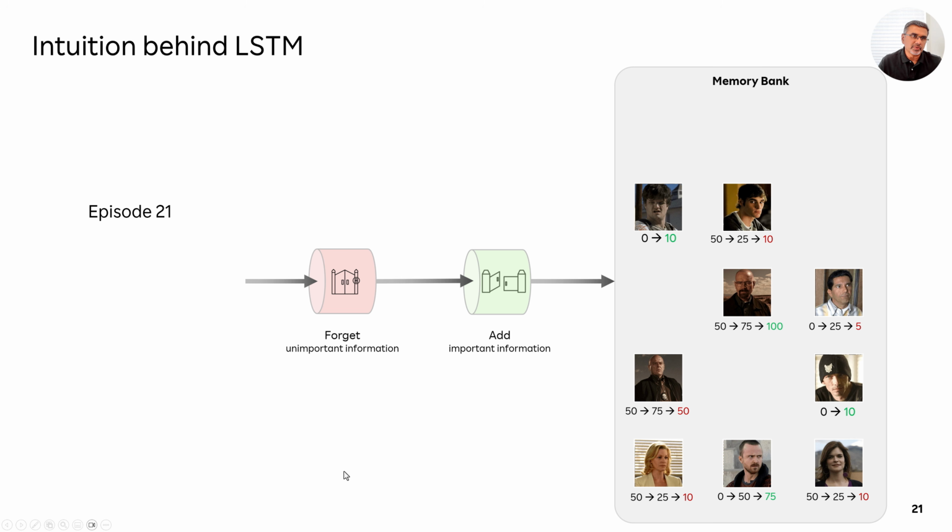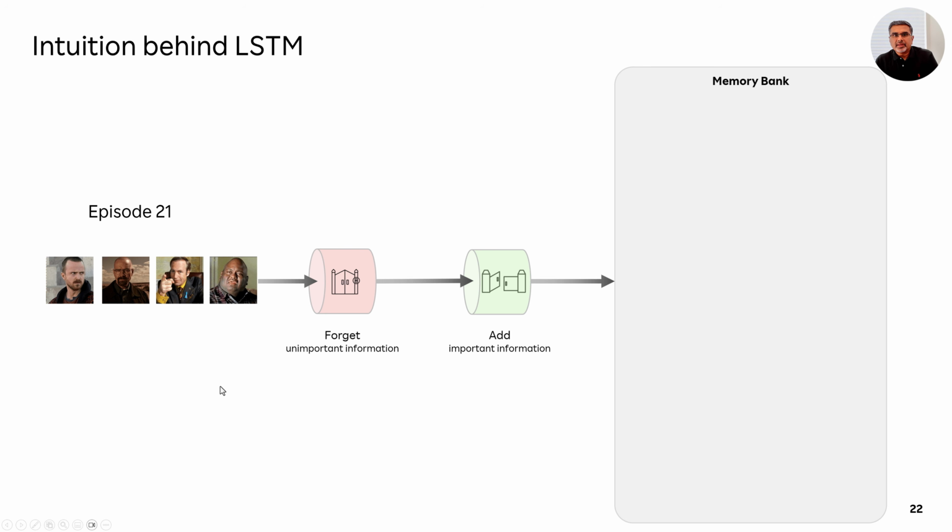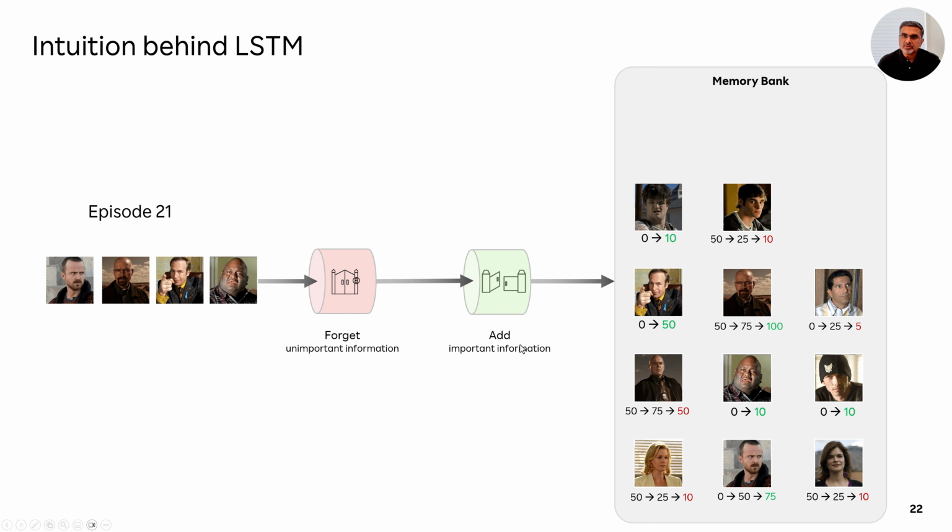You get to, let's say, episode 21. We get all these characters. We get Saul Goodman, for example, and his assistant Huell. And then we apply the same logic. First of all, we add new information. Huell was not there in any of the prior 21 episodes. He's appearing for the first time here, so we add that to our memory bank. We don't know yet how important it is. We'll only know that as his character starts to reappear in future episodes.